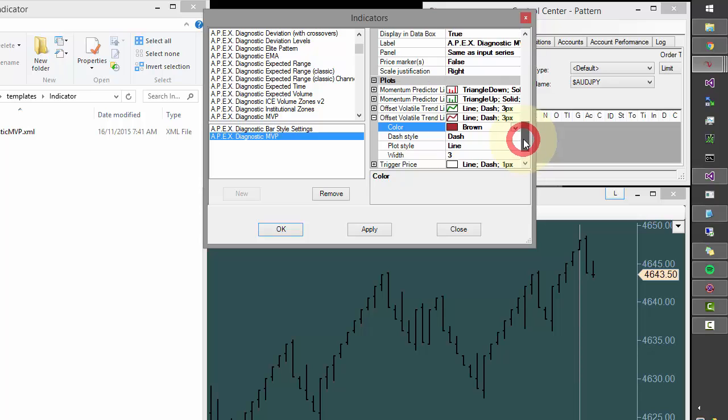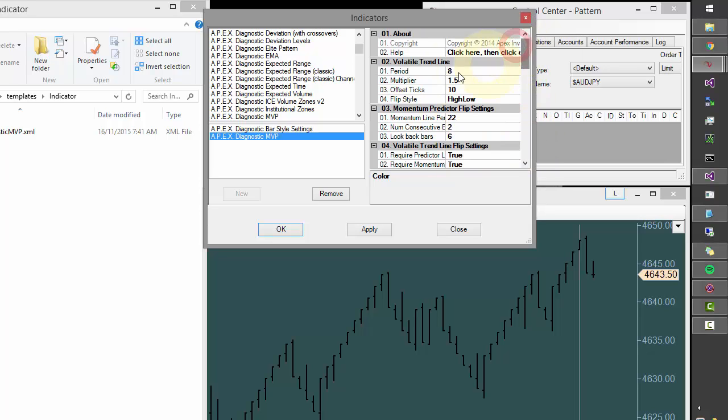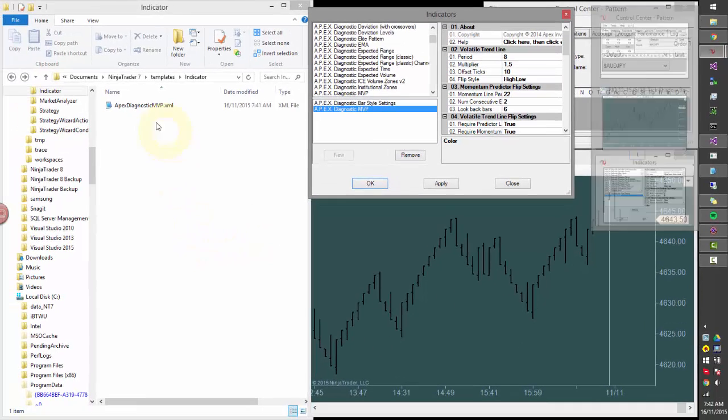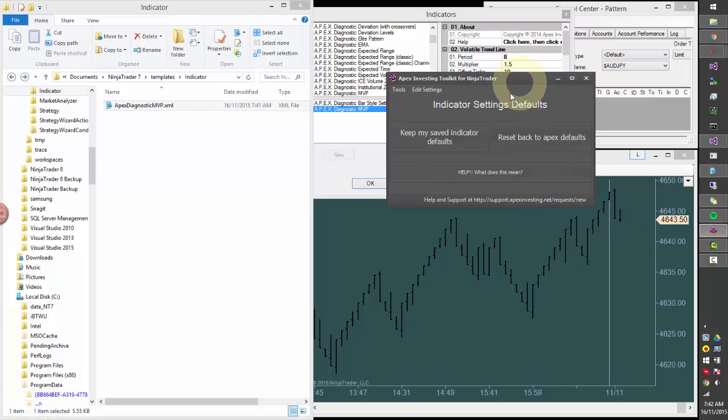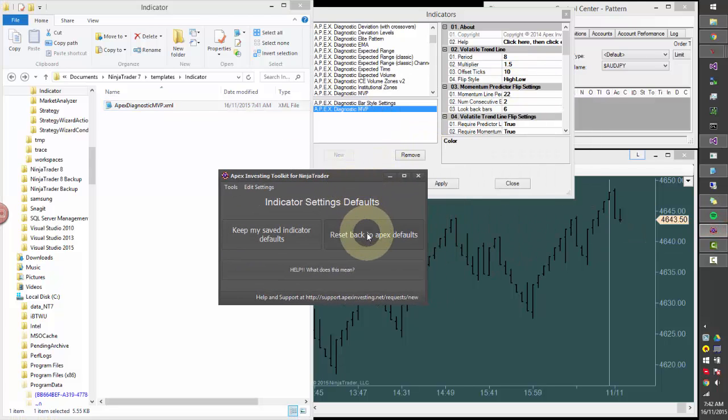Now, if you're ever in a situation where your indicator settings defaults have been changed in just the way I changed them, but you're not sure if you changed them right, maybe you got this setting wrong, maybe you want to just revert back to the settings that Apex recommended in the first place, then what you do in the toolkit installer, well, you can just delete these files too. You can just get in here and manually delete them. But the toolkit installer gives you the option of clicking this button. So when you click this button, it will delete the files in here,